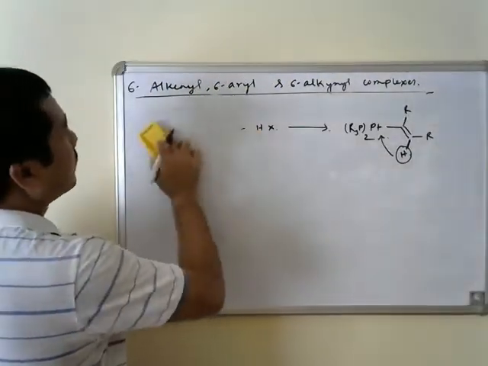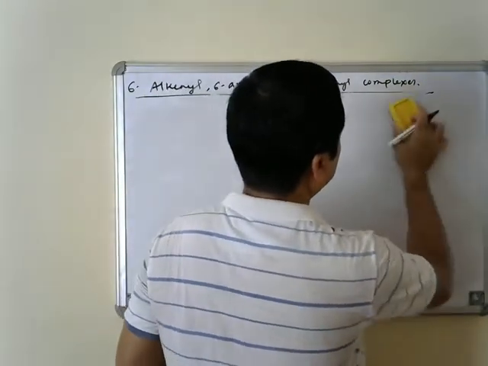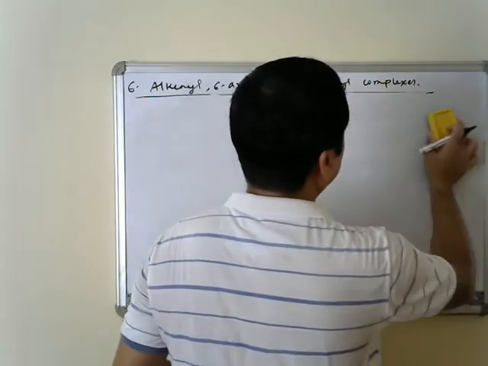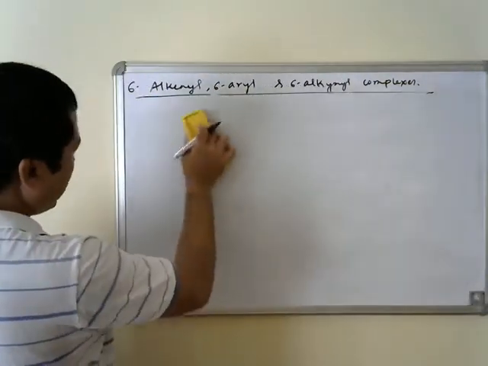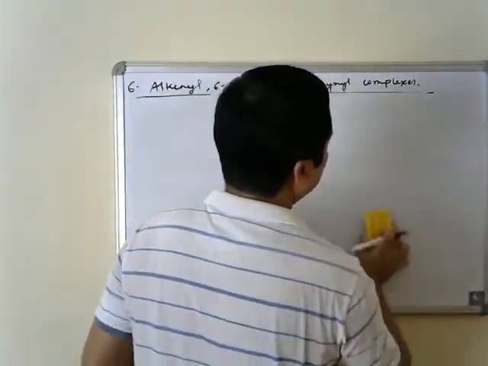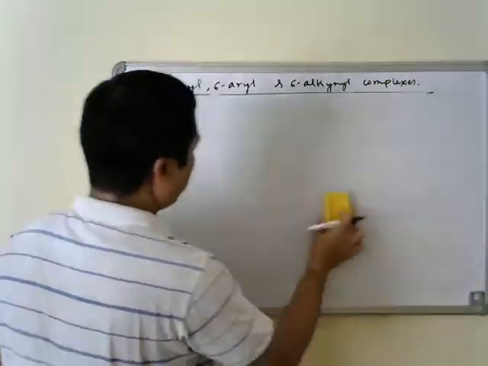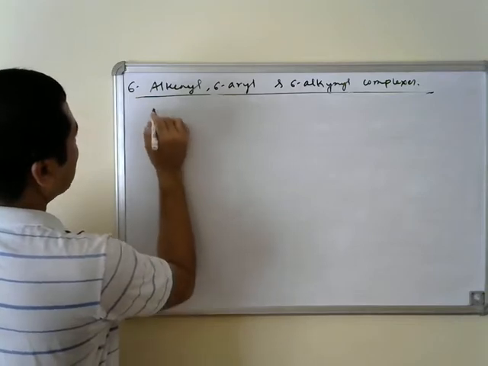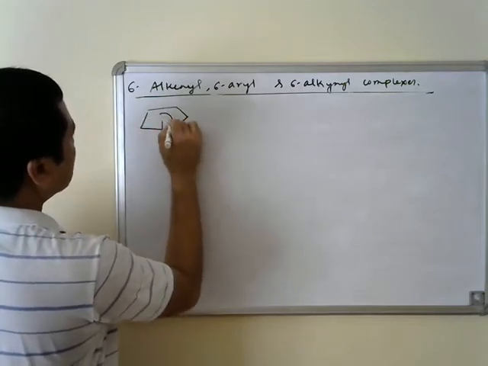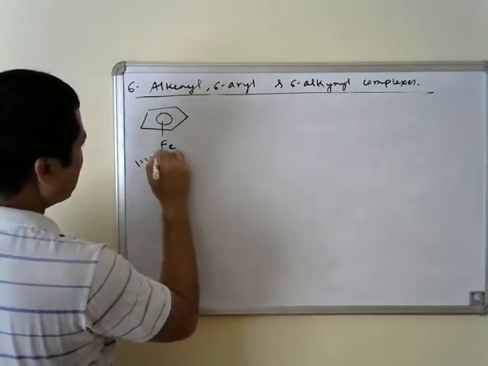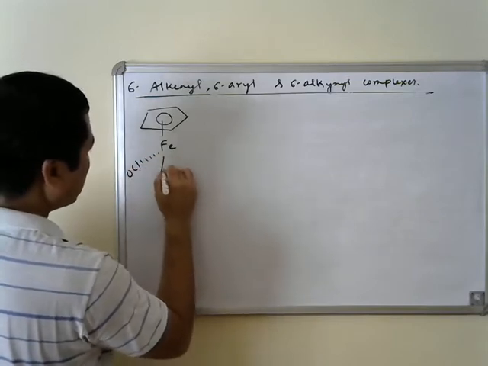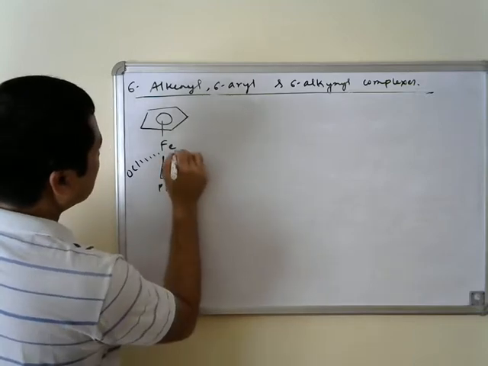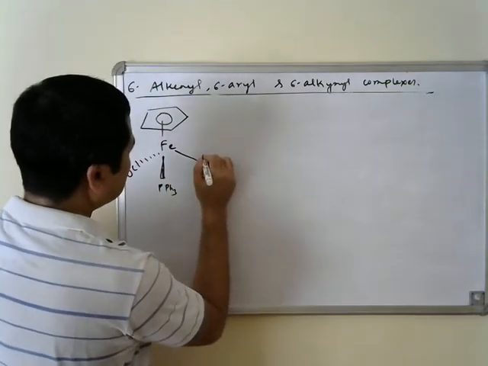There is another way through which you can prepare metal alkynyl complexes, that is by nucleophilic addition on cationic metal alkyne complexes. So if you take metal alkyne complexes, say